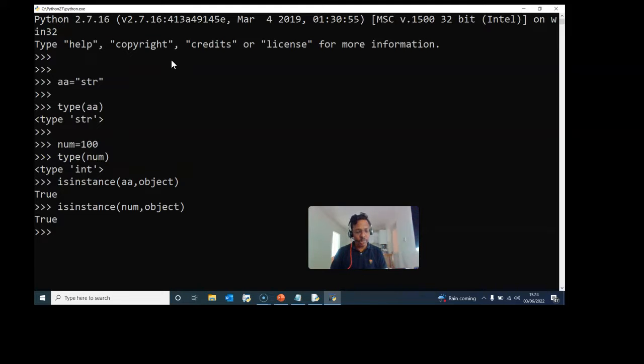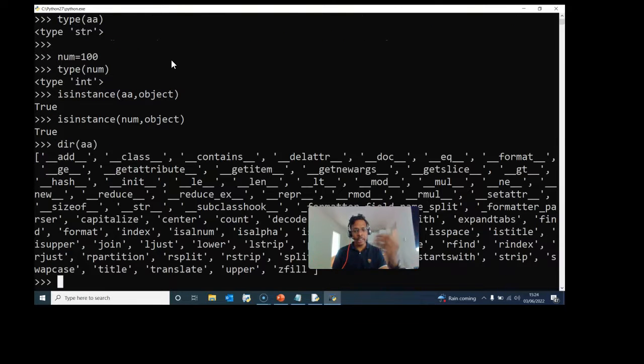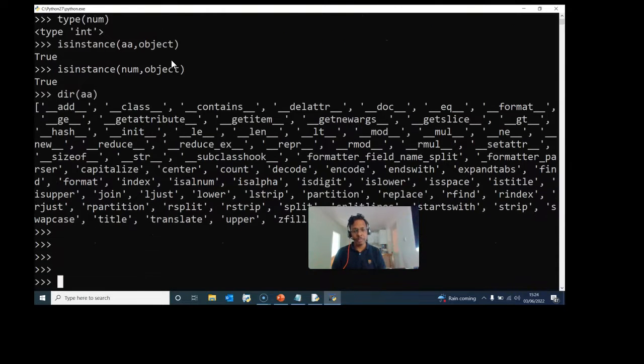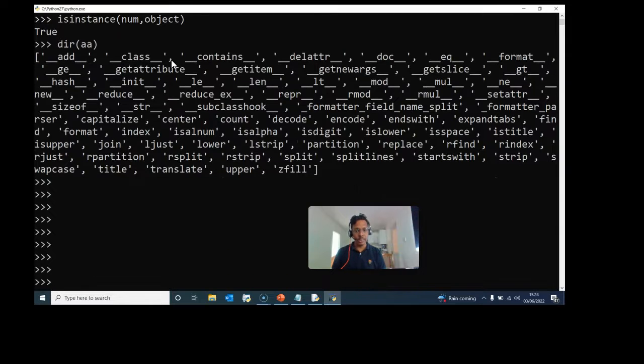Now we can also see what all methods we can use with this string or integer. Let me try with a. If you use dir, it lists out all the methods you can use with this. Since it is an object, all the object methods are also inherited by this int or string.